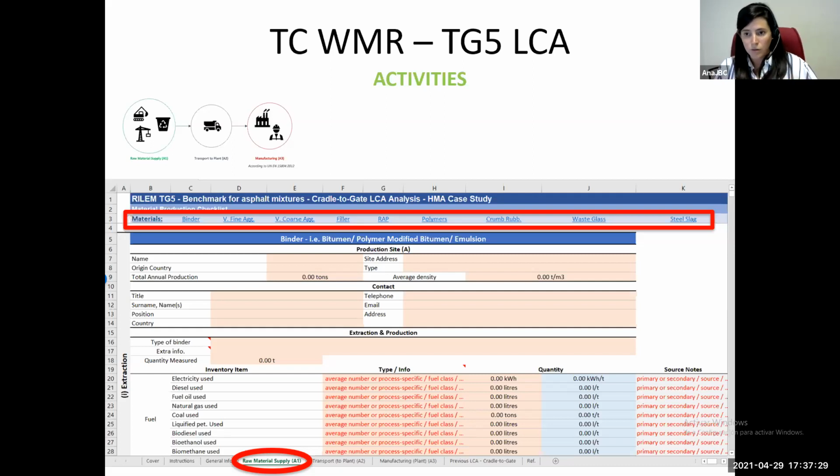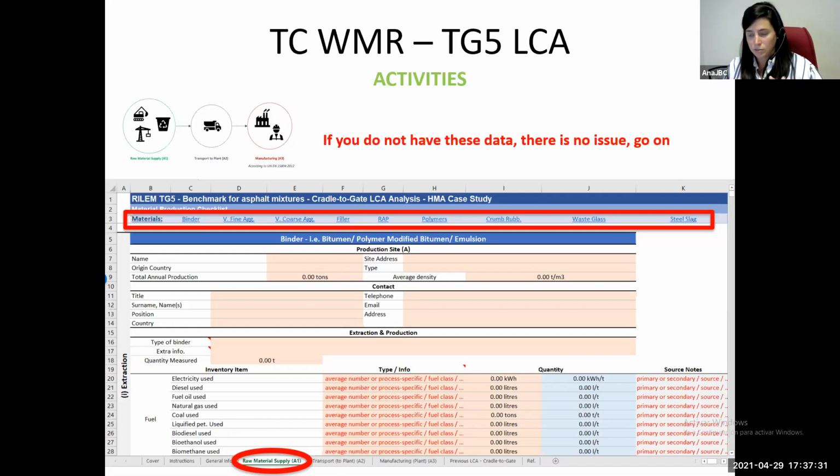But it's fine. So if you don't have this data for the TG, so you don't have data about the production of the binder, the aggregates, reclaimed asphalt, etc., it's not an issue. Okay, you can go on using the template and don't worry about that. Don't think, okay, I don't have this data, no, I cannot participate in the TG. It's not like that. Okay, we just go on